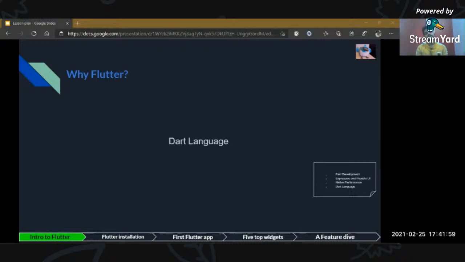Then it also has a logging view. Logs are generated at the Dart runtime, and you can analyze those events in the logging view. So these are the top advantages of why Flutter is currently used in developing cross-platform applications.